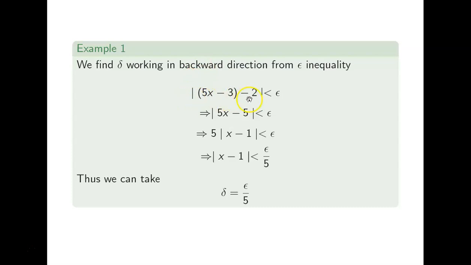So that is |f(x) minus 2| less than epsilon, value of f(x) is |5x minus 3 minus 2| less than epsilon, and solving this we get |5x minus 5| less than epsilon. This implies that 5|x minus 1| is less than epsilon, which means that |x minus 1| is less than epsilon by 5. So we want to find the value of delta for which |x minus 1| less than delta is true. So if you define delta as this value, that is epsilon by 5 is equal to delta, then this delta will serve our purpose.